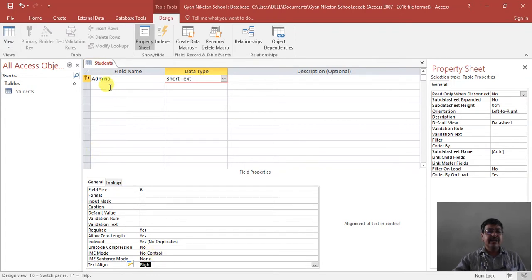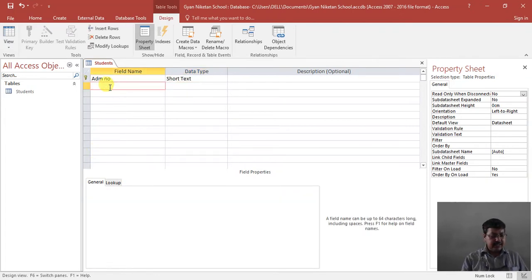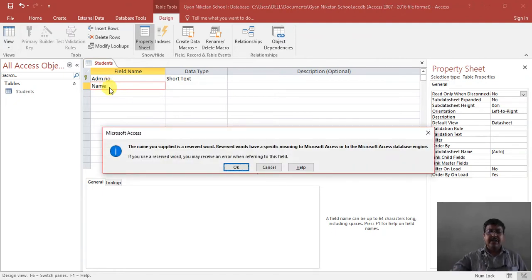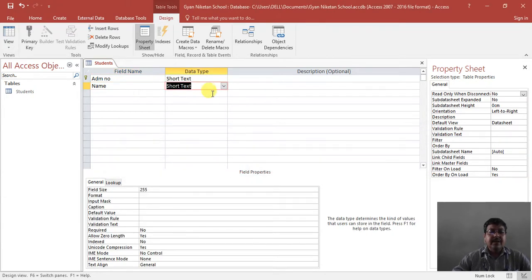Then come to the next, that is name. When you move, it gives you an error message. That means it is a reserved word. But if you want to use name as a field, then click on OK button and type short text. Name field you can set up to 25 characters.